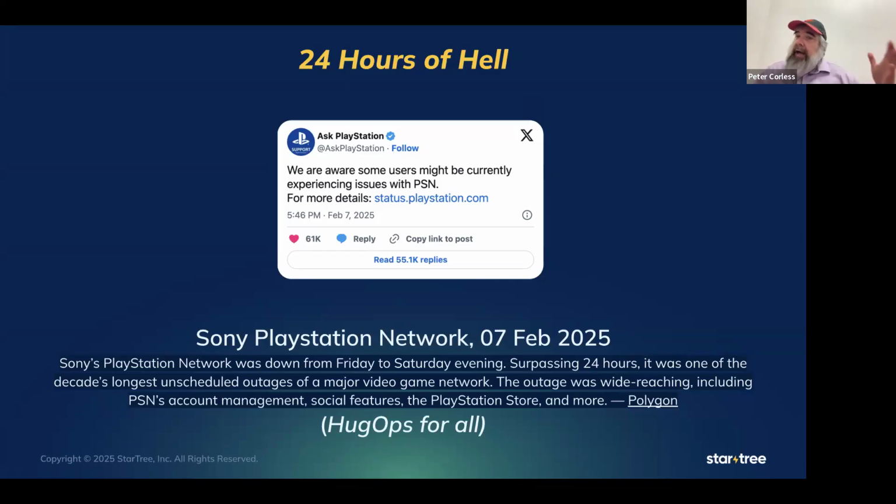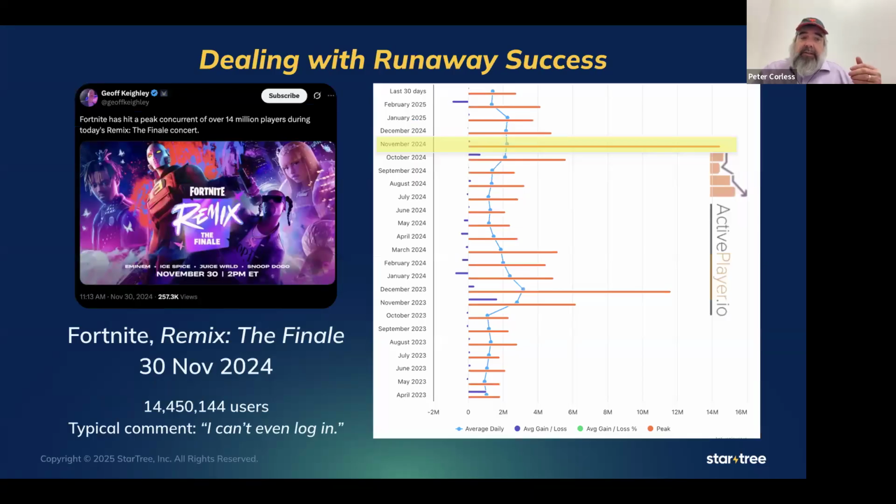Now, oftentimes it's not a complete failure. It could be just some problem that's occurring for a subset of the players or for a specific geographic area, or something's going on where the damage is contained. And this can actually be driven by success. For instance, for Fortnite, when they had the Remix finale back in November, just a couple of months ago, they had 14 million users and more people wanted to join, but they couldn't. They were being shut out of the system. So you can have a complete failure or a complete success, and both of those extremes can drive issues.